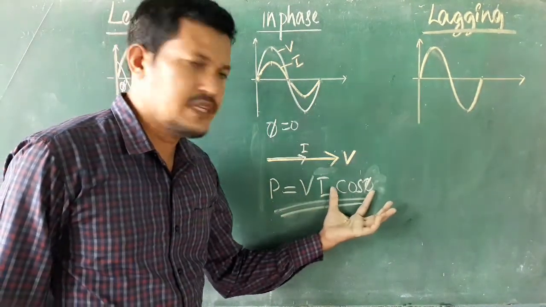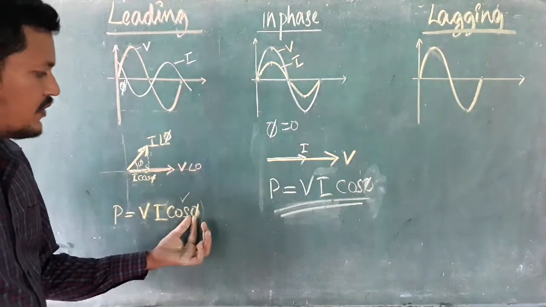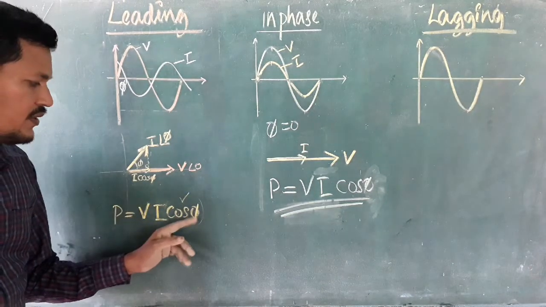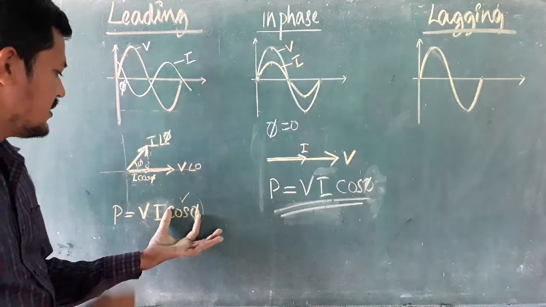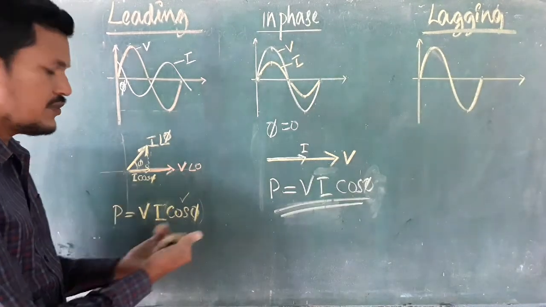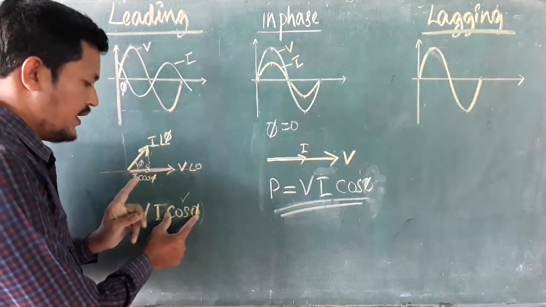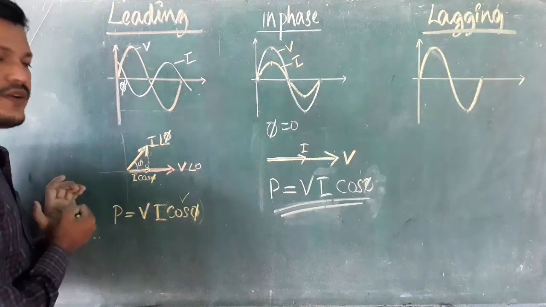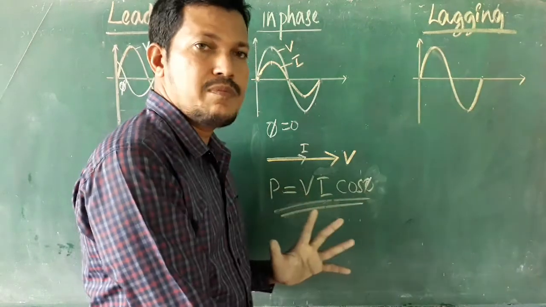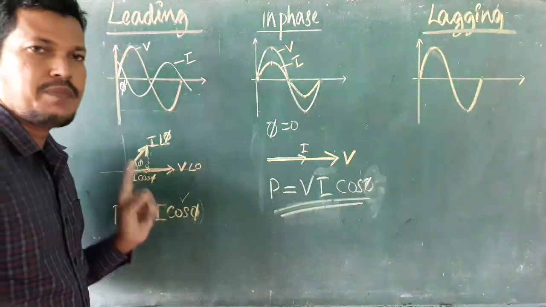It is not reduced. In the earlier case, cos phi had some value, cos phi equal to 0.8 means we are using the reduced value of 0.8, or cos phi equal to 0.5 means we are actually drawing half of the power. When cos phi equal to 1 we are drawing the maximum power. So it's a difference. Here cos phi is known as the power factor.